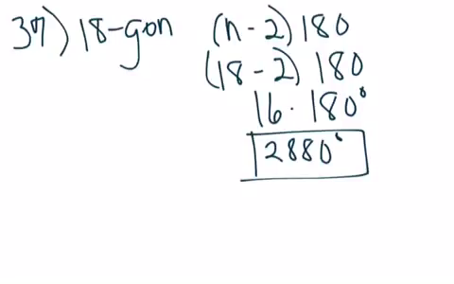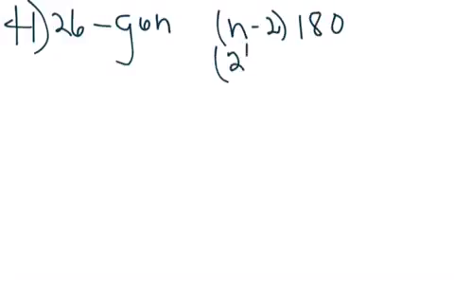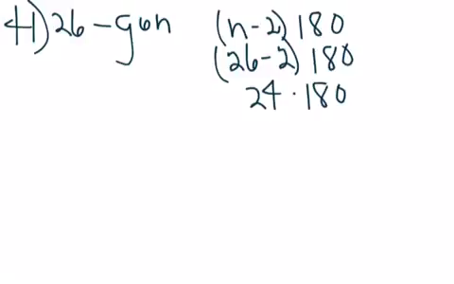Now, number 39, they ask for an additional question, because they want the measure of one interior angle. I'm sorry, that's supposed to be number 41. Because they're asking us for one interior angle of a 26-gon. Well, we still use the same formula, n minus 2 times 180. Well, n is 26 minus 2, so that's 24 times 180, which is 4,000, oh, that's pitiful,